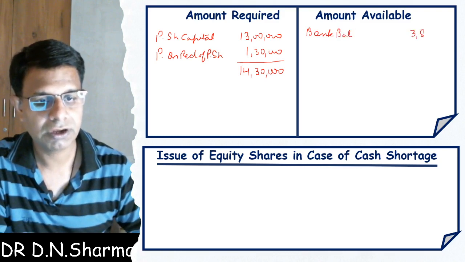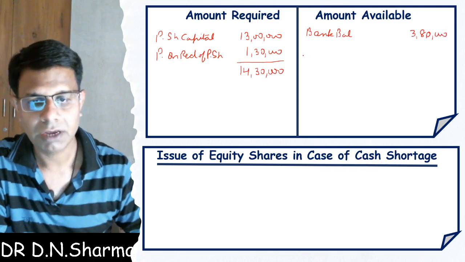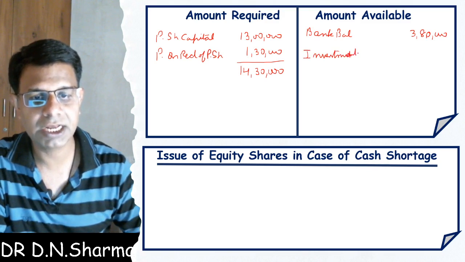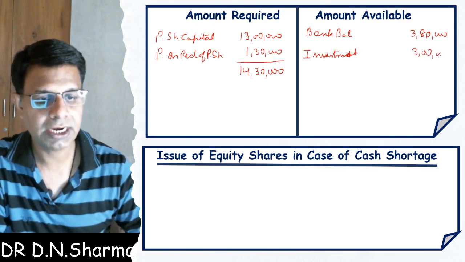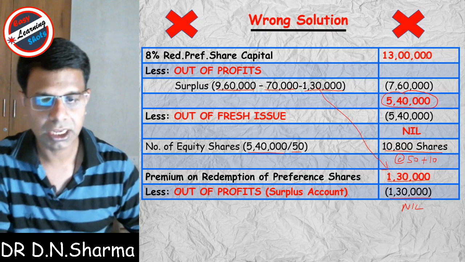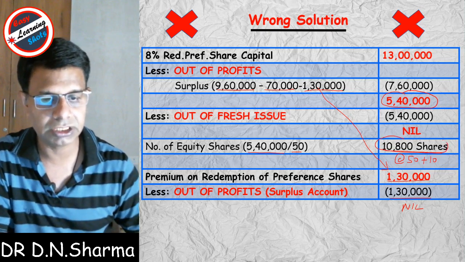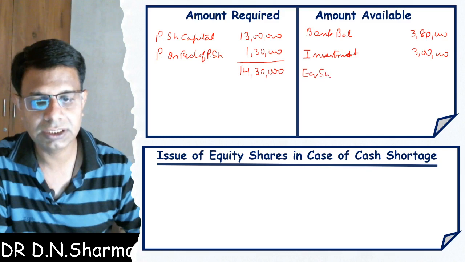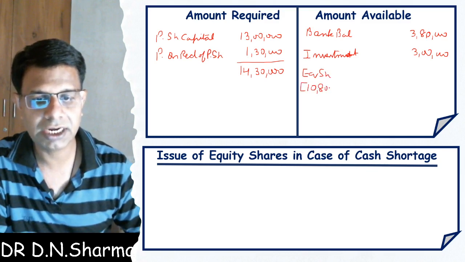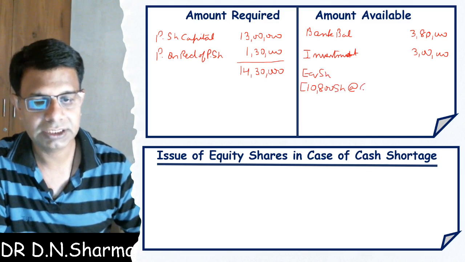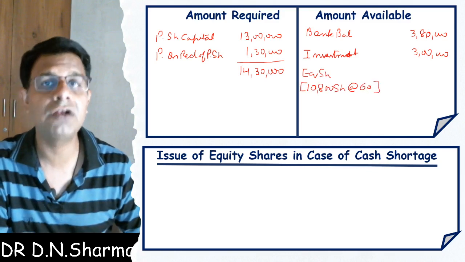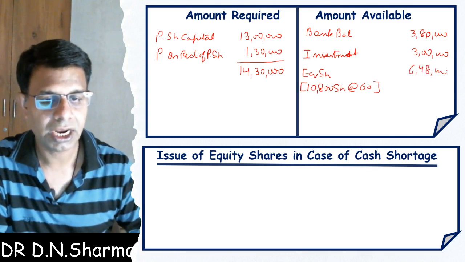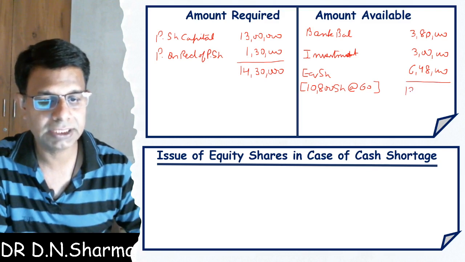Now the amount available with us includes, number one, the bank balance, and in bank account we have 3,80,000. We sold all the investment for this purpose. So by selling the investment we get 3 lakh rupees, and now after adjusting we see that we issued 10,800 equity shares. When we adjust the amount, we issue 10,800 equity shares at the rate of 60, because 50 rupees is the face value and 10 rupees is the premium amount. So we get 6,48,000,